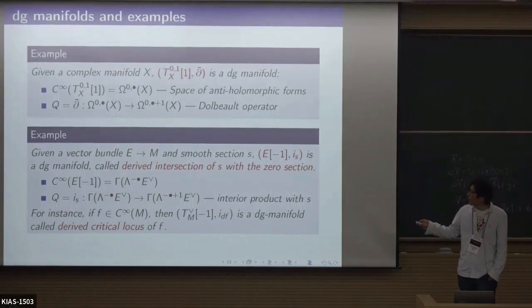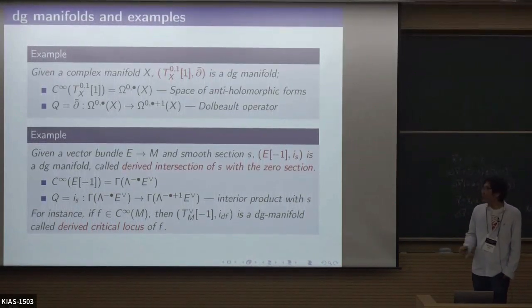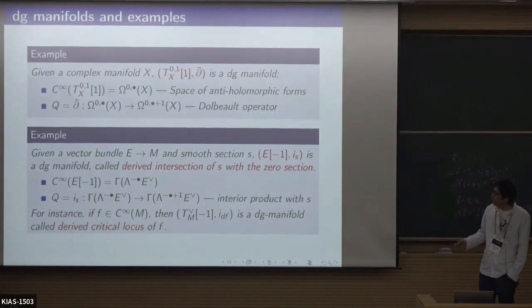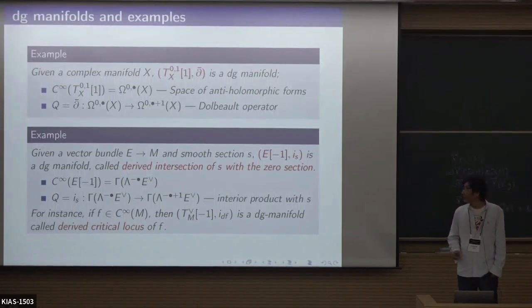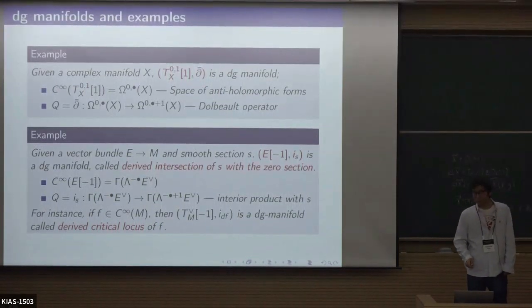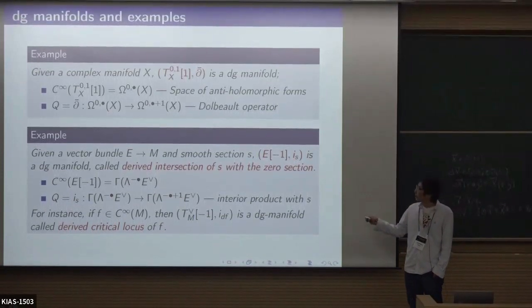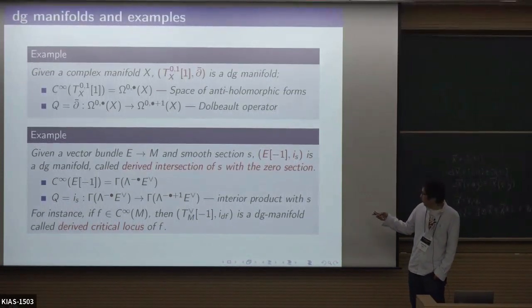And then what we have is the smooth functions are the space of anti-holomorphic forms. And then Q is the Dolbeault operator, so that the whole thing is the Dolbeault complex. And this is a DG algebra. So the manifold is a differential graded manifold. One last example I want to introduce is, well, if you look at